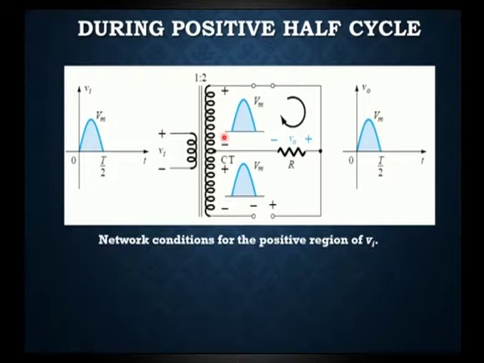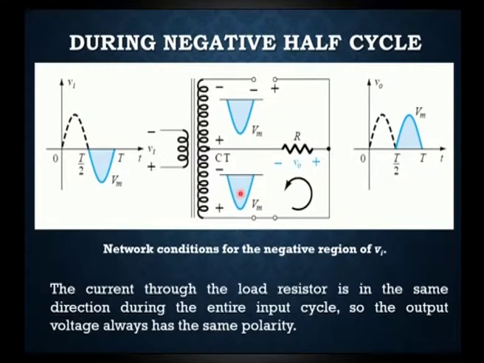So, whenever the input is in a positive half cycle, we can observe the output as a positive half cycle of the same polarity as the input, and D1 will be forward biased in the positive half cycle. Next, D2 is reverse biased in this half cycle, so there is no flow of current through it. Now for the negative half cycle, only the negative portion is given as an input. So the polarity of the input is changed here, it becomes minus and plus.